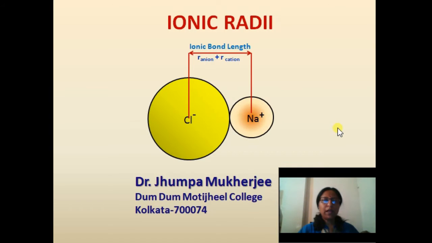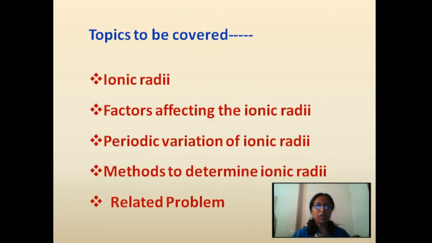Today we will be learning all about ionic radii. In my previous lecture, I have told you about covalent radii, metallic radii and van der Waals radii. And in this lecture, we will be talking about radii of the ions when they are present in an ionic crystal. So the topics I will be covering here are what is ionic radii, then factors affecting the ionic radii, periodic variation of ionic radii, and then I will tell you about the methods to determine the ionic radii values